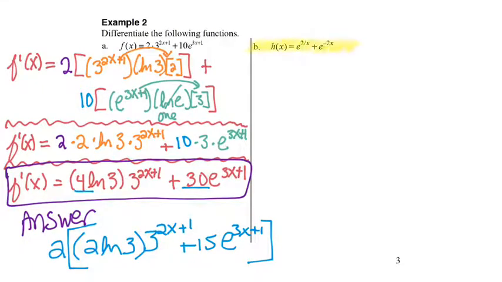Now we'll look at solving part B of example 2. The thing to notice is that we're taking the derivative of x, and because x's show up in the exponent, we're going to have to use the exponential derivative rule. But in the very first term, the x that's in the exponent is a denominator of an exponent, and that makes it tricky. So we're going to focus on 2 over x and think of it as like u equals